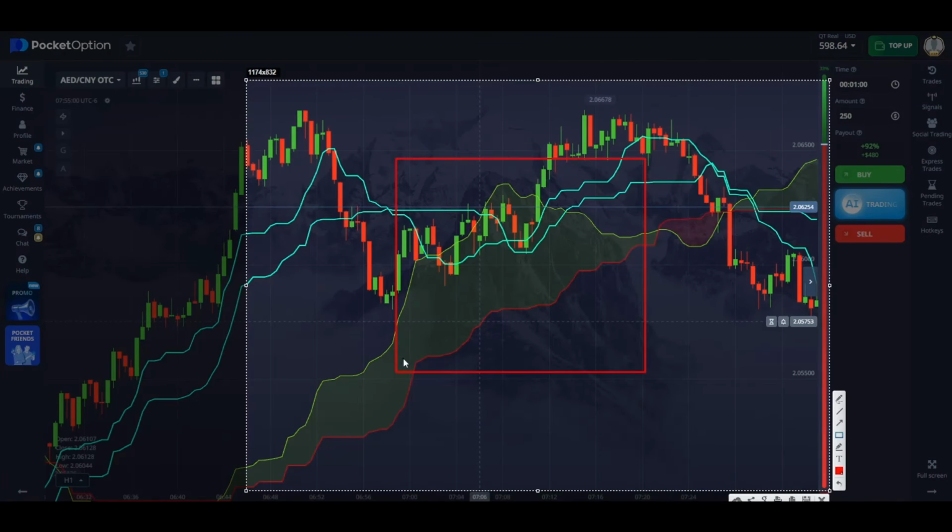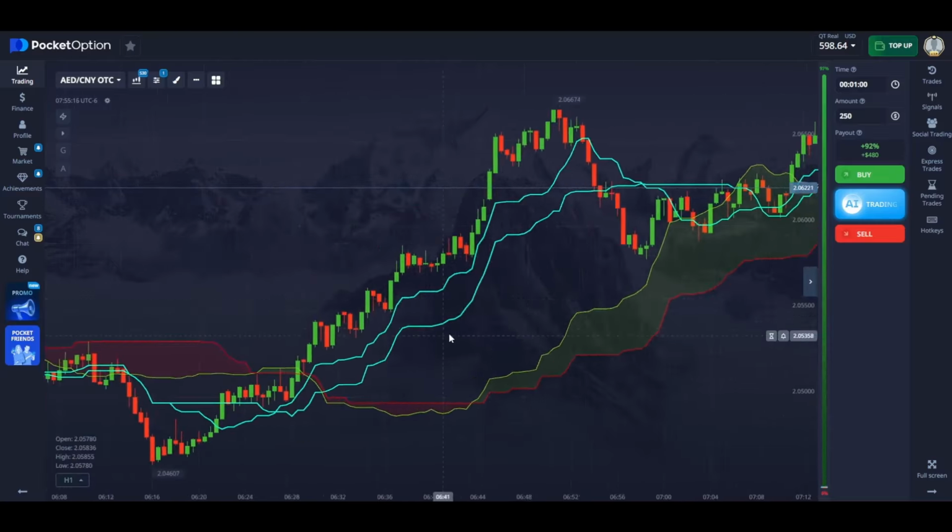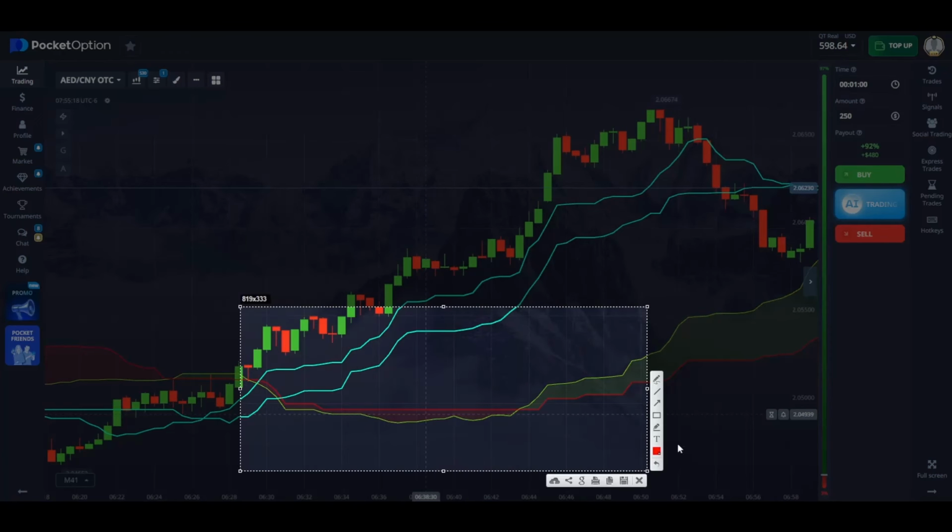It means that the market is very volatile right now. You can see this by looking at the candles. If the candles are big, it means the volatility is high. So the movement will always be good, and as you can see, according to this cloud, it's very small, and